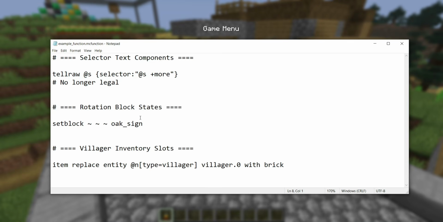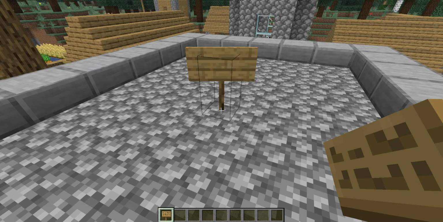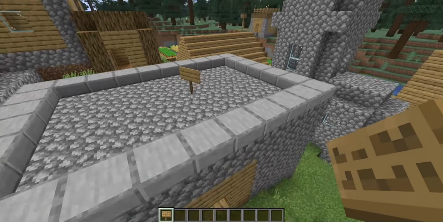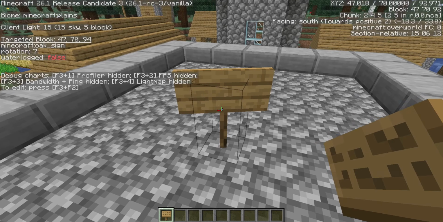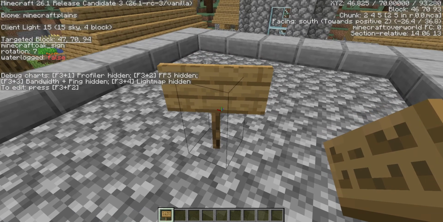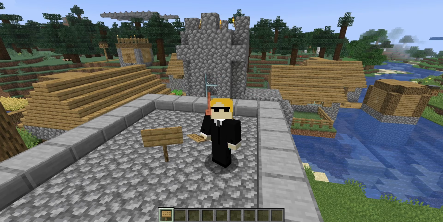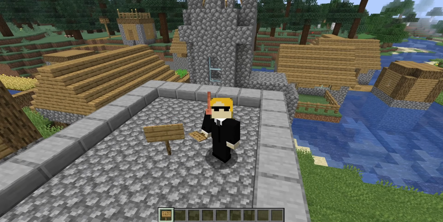Alright, and the next change pertains to banners and signs that stand up on the ground. So I'm specifically talking about signs that are placed on the ground like this, and not the wall signs and wall banners that are placed on the sides of blocks like this. These types of signs have a rotation block state that ranges between 1 and 15, I believe. The change is that when you set block signs and banners, that rotation now defaults to 8 instead of 0